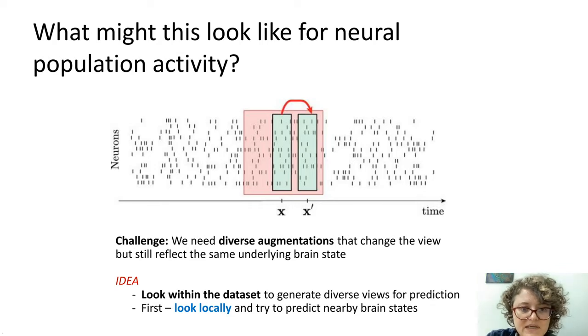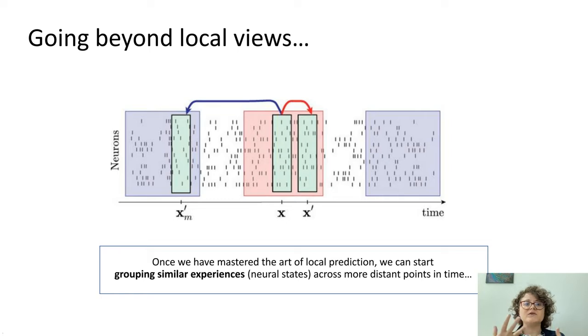So as I said, first we'll look locally, and then as we start to build a representation that is sort of stable in time, really our goal is to go beyond just those local views and to start to group similar experiences or similar brain states that might not be close in time, but should have shared or similar semantics. And so in order to achieve this goal, right, of having both this predictive coding framework that works on a local but also non-local scale,